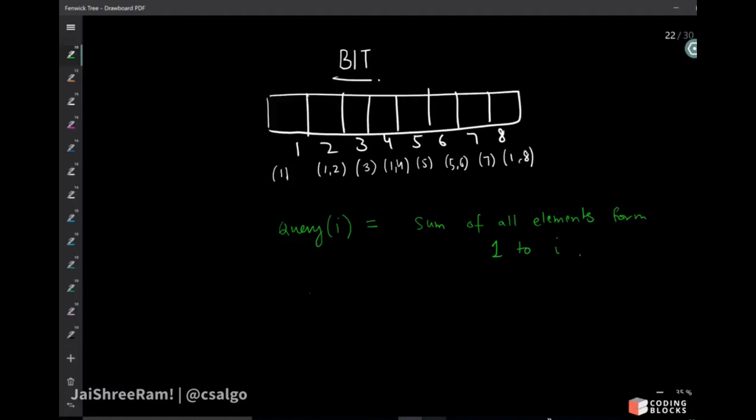तो क्वेरी ऐसे भी आ सकती है L to R हमें चाहिए, तो उस केस में हमें सिंपल है, कुछ नहीं करना, क्वेरी करना है। अगर उसने बोला कि मेरे को आंसर चाहिए 4 से लेकर 7 तक का, राइट, तो आप क्या करो, 7 तक का सम आपको पता है, आपको 4 तक का सम भी पता है, तो क्वेरी ऑफ R माइनस क्वेरी ऑफ L माइनस 1, अगर 4 इंक्लूसिव है, ये आप कर सकते हो, राइट।